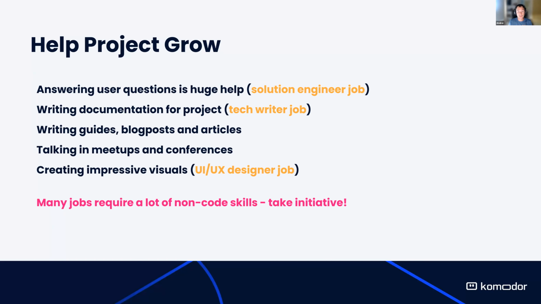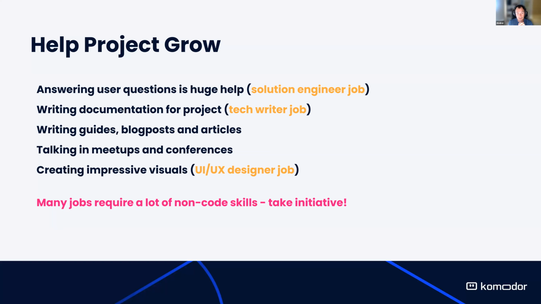You can be talking at meetups and conferences. There are a lot of local meetups happening in every place, smaller conferences. I cannot attend all of them, and I don't want to attend all of them because I want to give you the opportunity to speak about open source projects. Usually talking about open source projects is a huge success. Everyone wants to hear about that because it's for free.